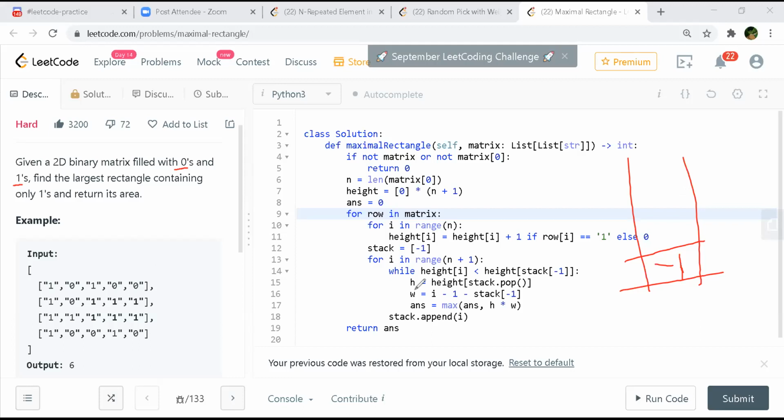So shall we go on, or any problem? Where are you popping, Shashank? Where are you popping the elements? Yeah, this one, line number 15. Actually, I was thinking about what Santosh raised. Even if 1 or 0 is never going to make this condition true, it is still going to fetch that value, right? Height of -1.